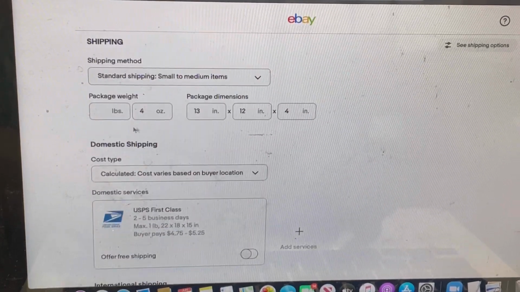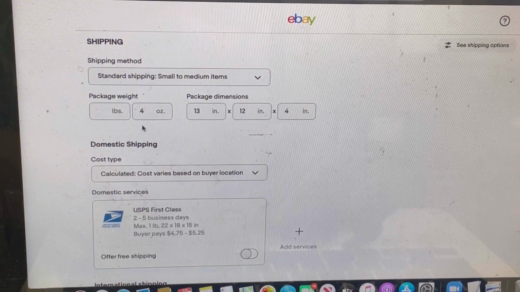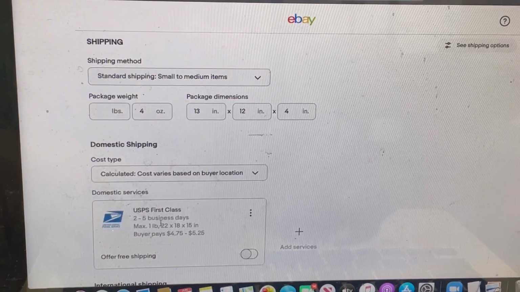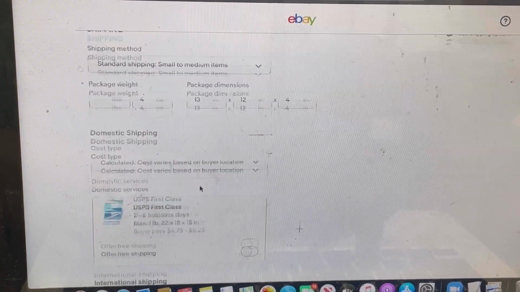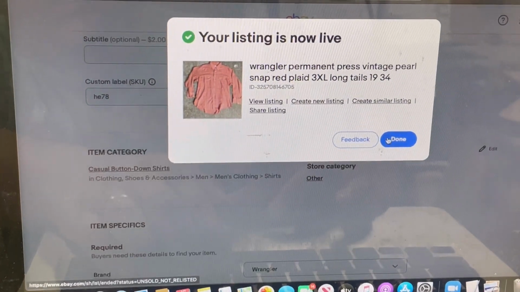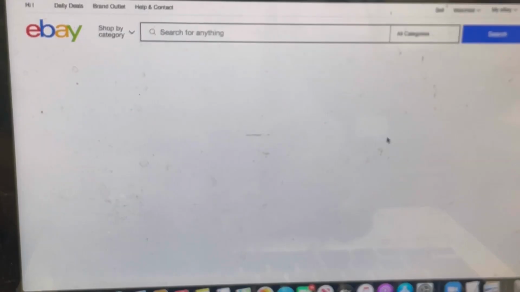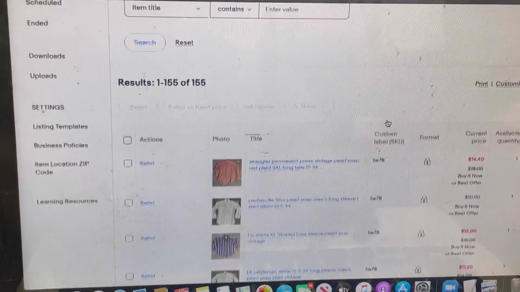I list a lot of my shirts at 4 ounces, even though this is like a 12-ounce shirt. That way the person who's buying it and paying shipping gets closer to what I have to pay for shipping. I hope that doesn't come back to bite me in the butt when everything changes over on June 9th. I doubt that it will, because we'll still get some semblance of a discount, and the cheap stuff's coming down in price anyway. So then I got that one done,